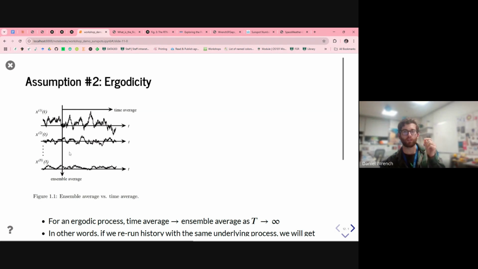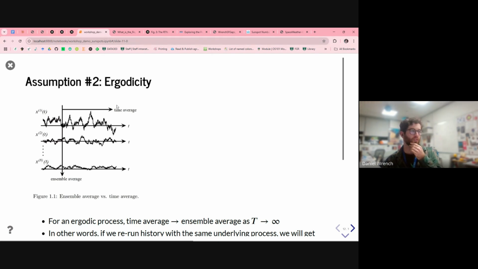And if we could measure different values at a single time step and take the average, that's what we call an ensemble average. And often you might see angle brackets denote an ensemble average. But often, obviously, you can't measure different values at the same time step.